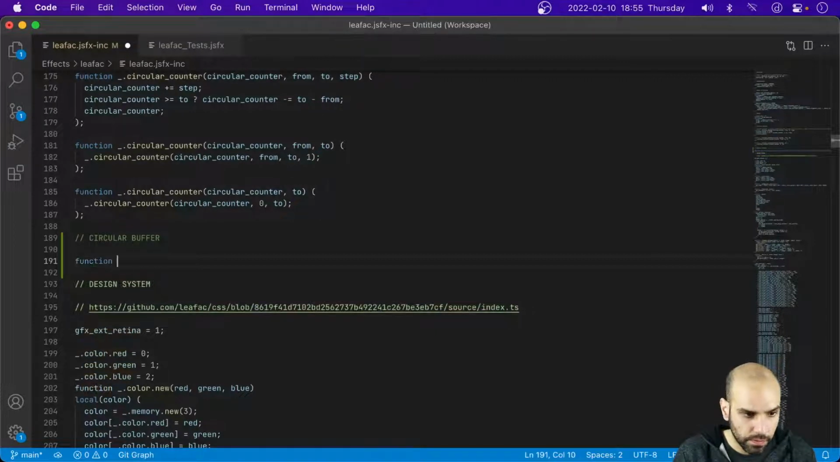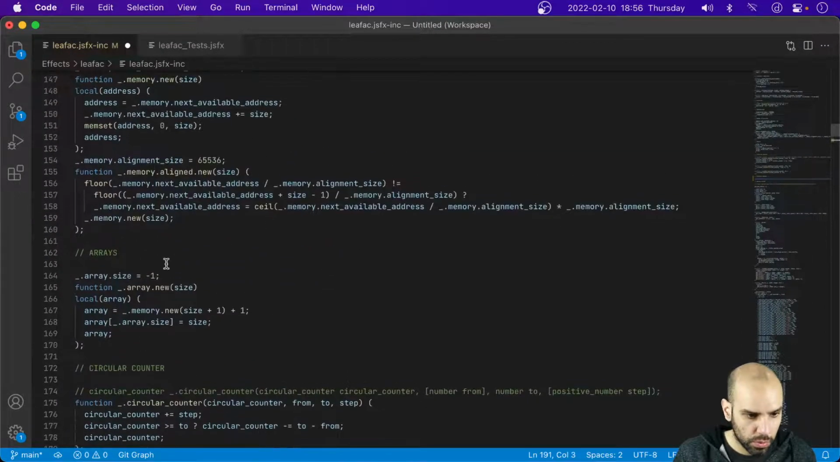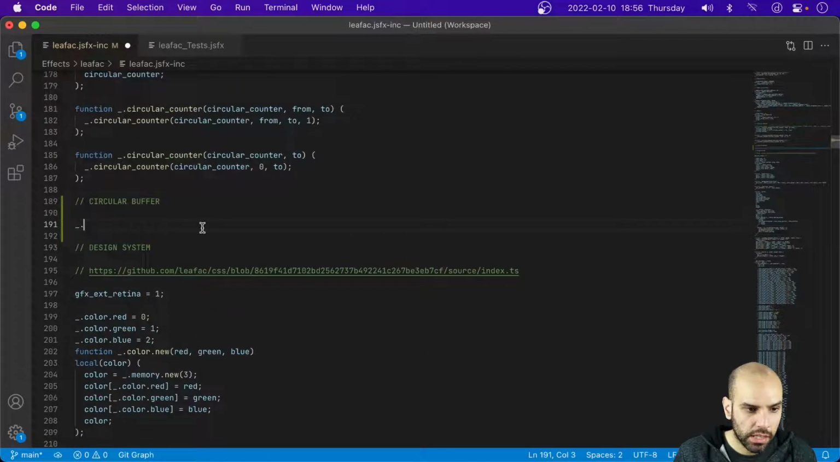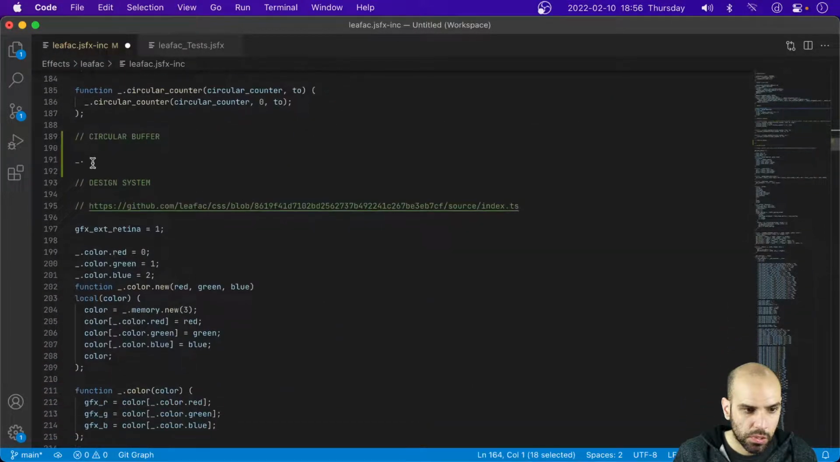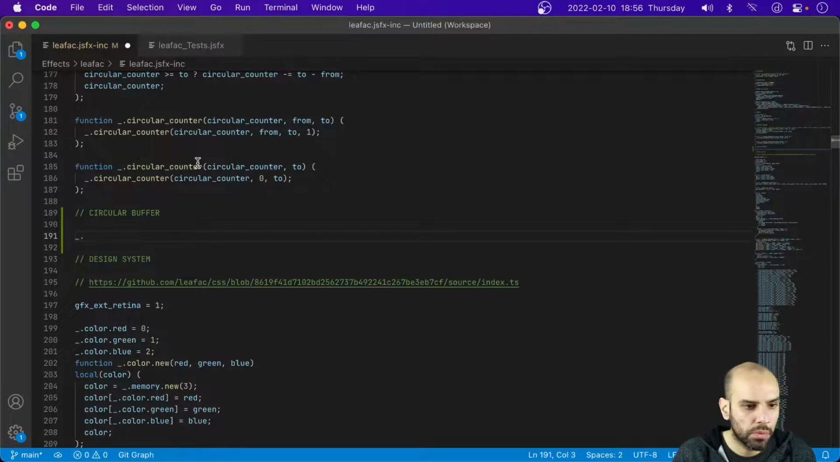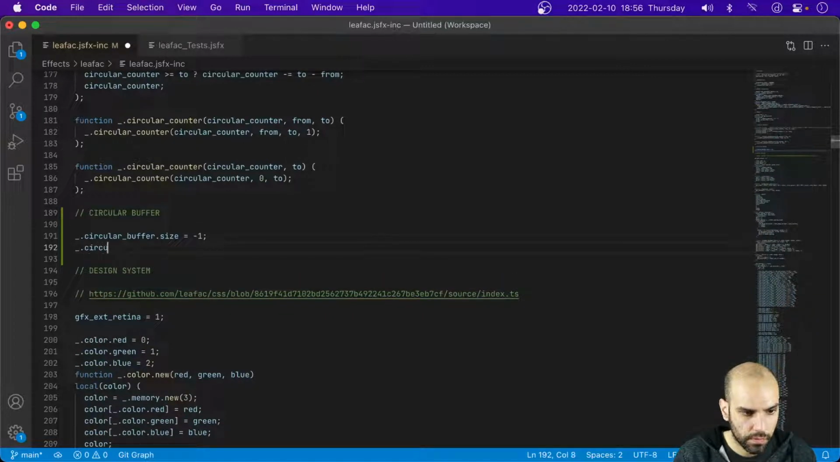So a circular buffer will have to be a data structure. And I think that what we can do is use a similar trick to what we used in arrays to store the size of the circular buffer in the negative indices. Yeah, I think that will be a nice trick. So I will store the size of the circular buffer in position -1. And I will store,